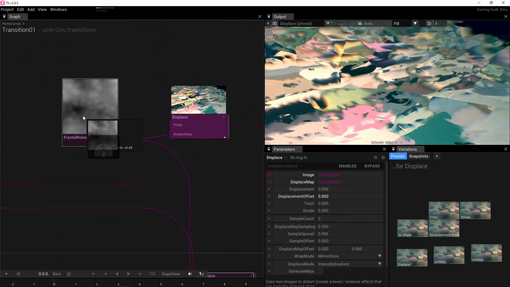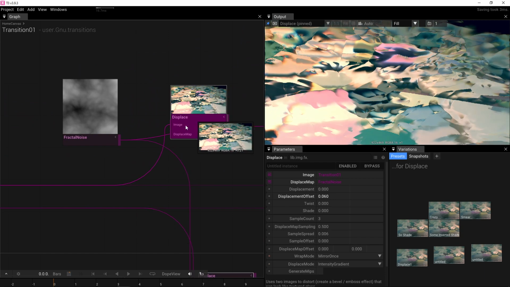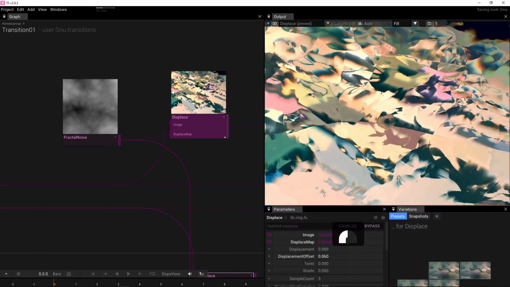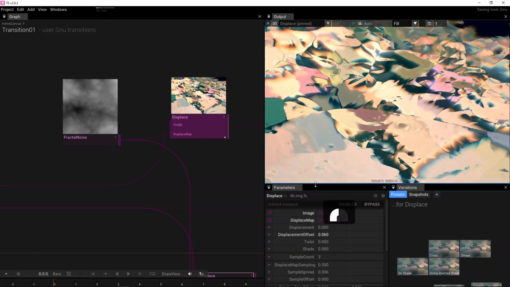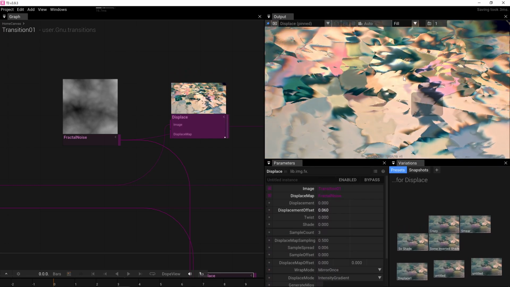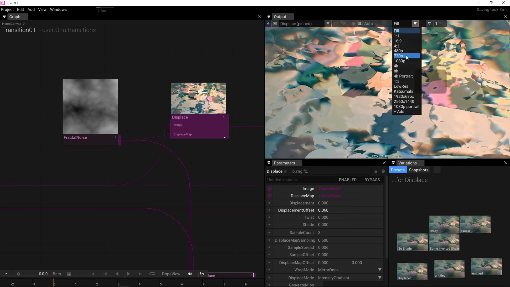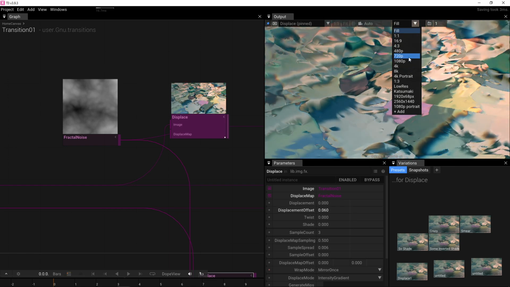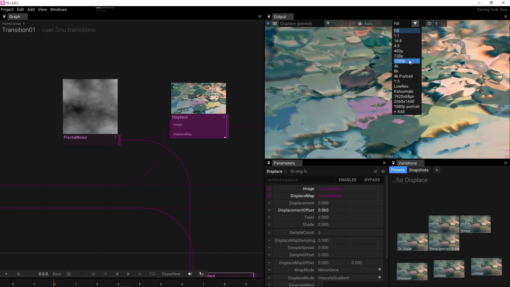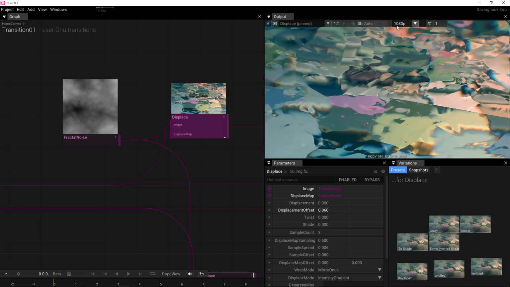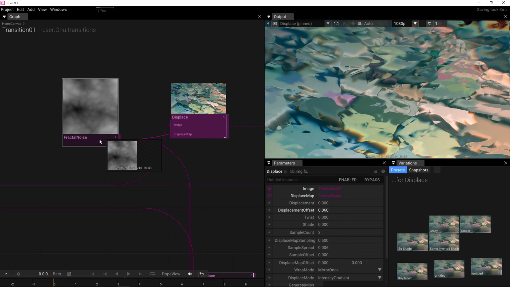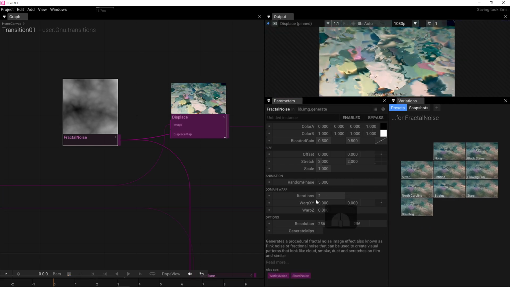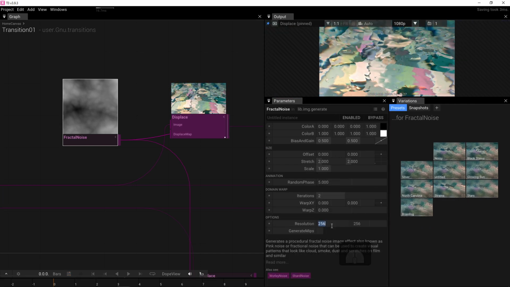Also, as you can see, the fractal noise right now is a square, and our image is the same size as our renderer. So most of the time I think you will prefer to use a normal resolution like 720p or 1080p or even 4K. So we'll set it to 1080p. And here the fractal noise, I can change its resolution as well. Here, if I set it to 0,